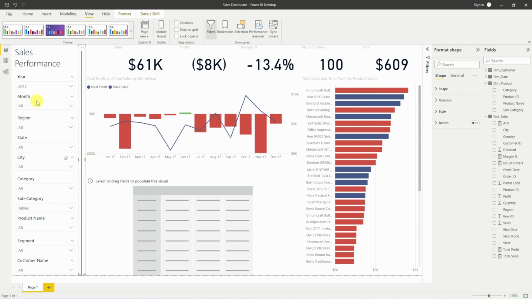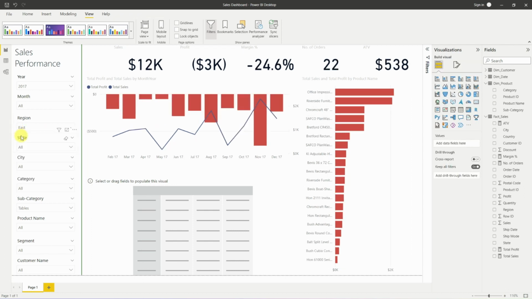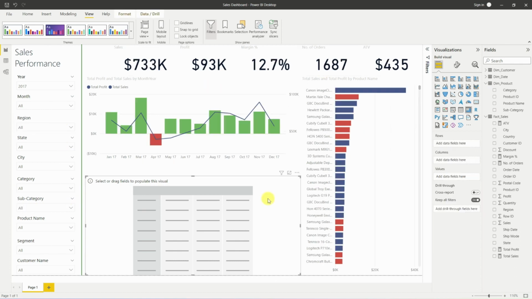And if they printed it out or anything, they can see year as 2017 and then also subcategory as table. And then the same could be said if we just picked a state. No, let's pick a region. Let's say we pick East. Again, it shows you this is East's performance with tables like so. So if we get rid of those and then get back to making our report, we can now start working